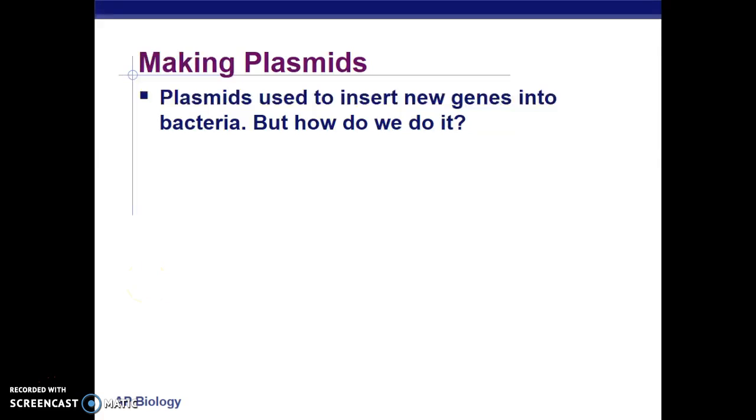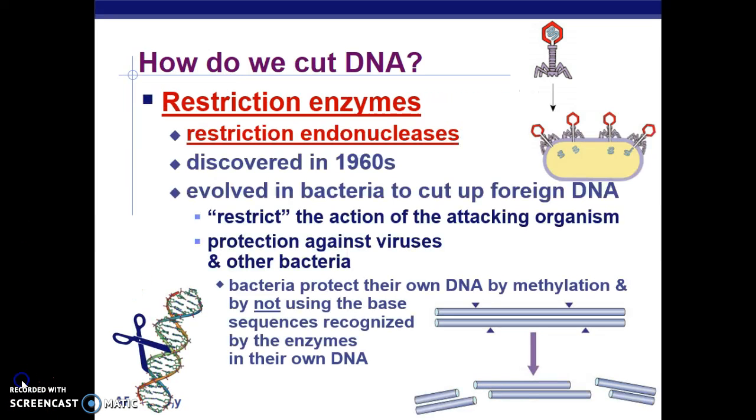So in summary, plasmids are used to insert new genes into bacteria. We're going to look in more detail at how this is done. So first of all, if you remember, we were talking about the scissors,